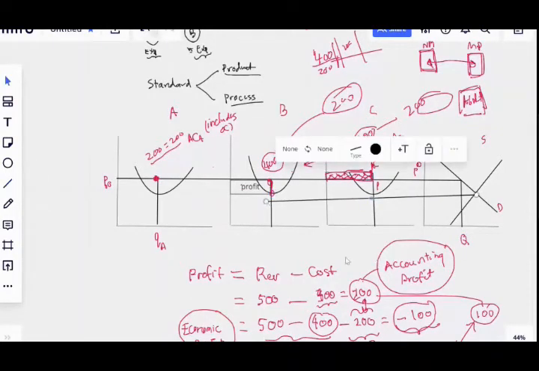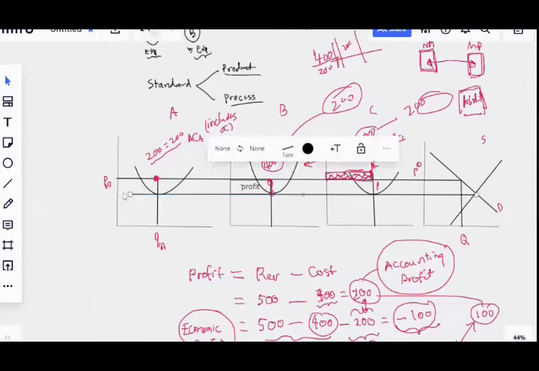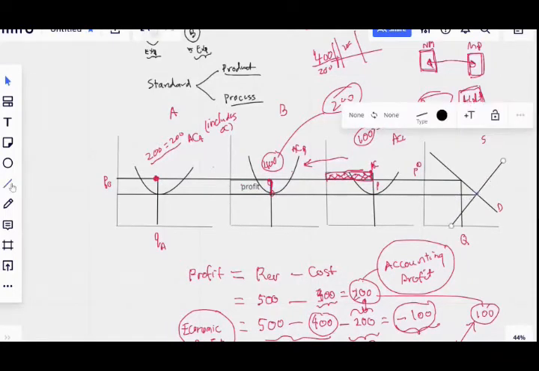Now you will find out that the price starts falling. Remember, as the supply function pushes, the supply function is no longer here. It has gone to the right. Why has it gone to the right? Because more and more people are entering into the market. Why are more and more people entering into the market? Because they realize this is a fantastic market.